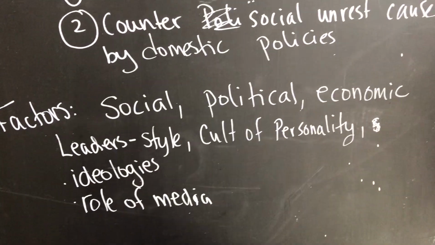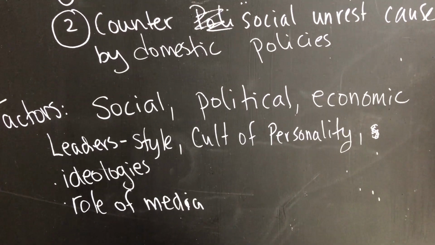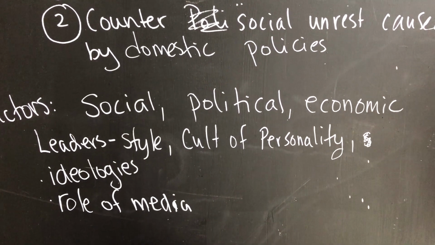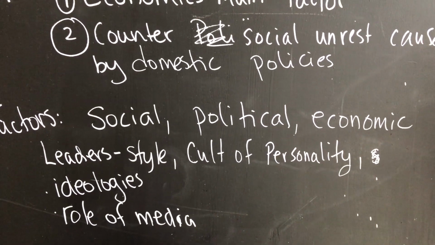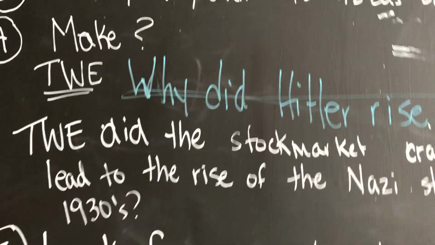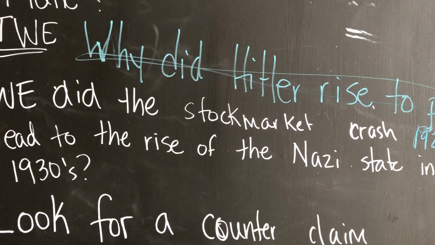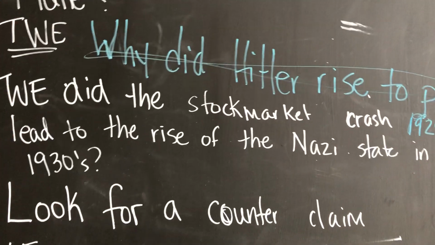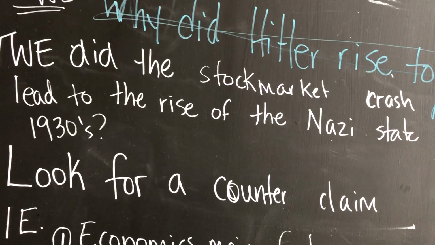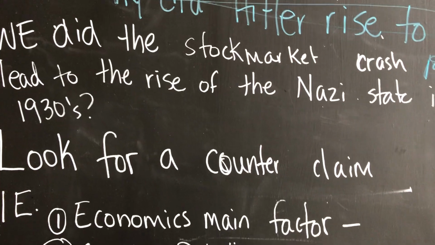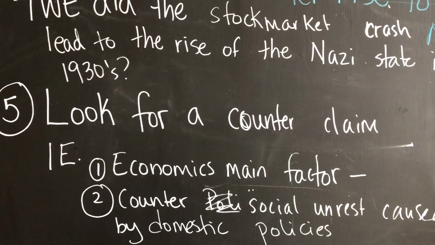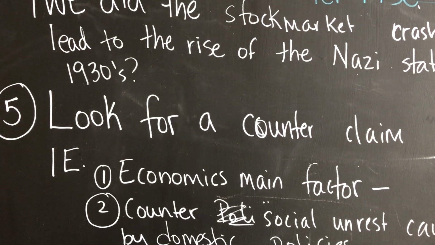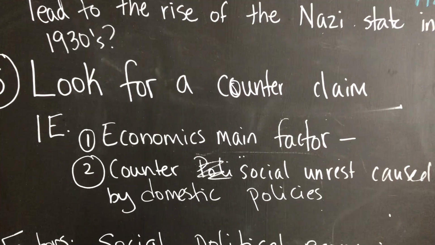So for the factors, if we look down here at my factors, you can look at either social, political, economic, leadership style, cult of personality, ideologies, or role of media. So you can actually look at, say, Hitler as a factor of the Nazi authoritarian state. Authoritarian states focus on the whole state, and that's your curriculum, but you can definitely choose a leader within there. Now, the fifth part is more to do with your research. So your claim is that economics was the main factor,